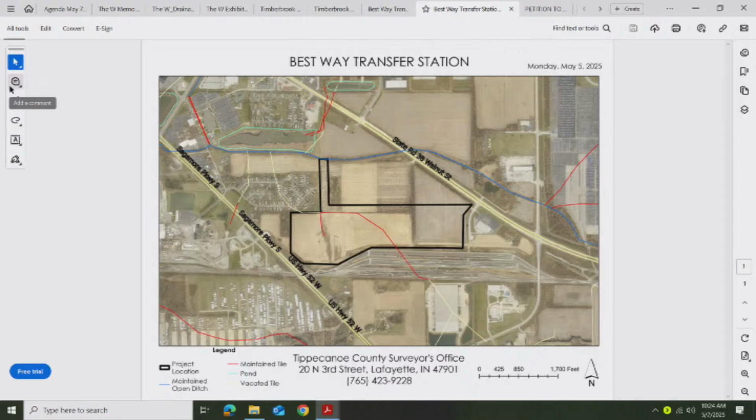The site itself, we are proposing stormwater management on site with dry basins on the north